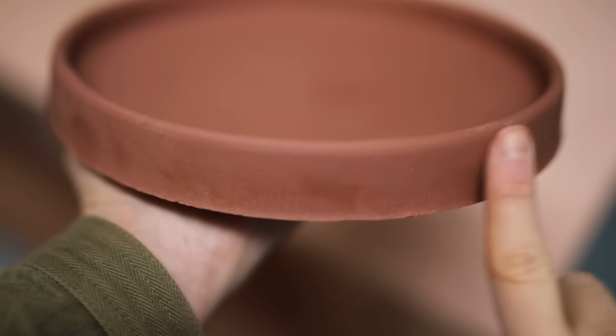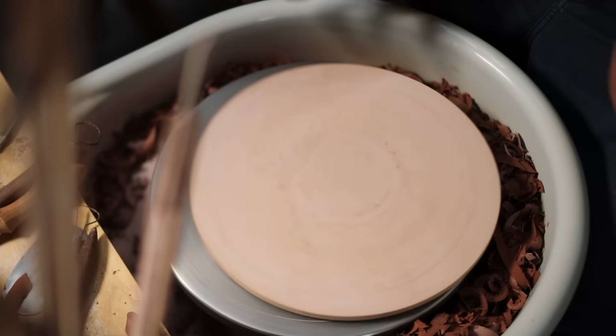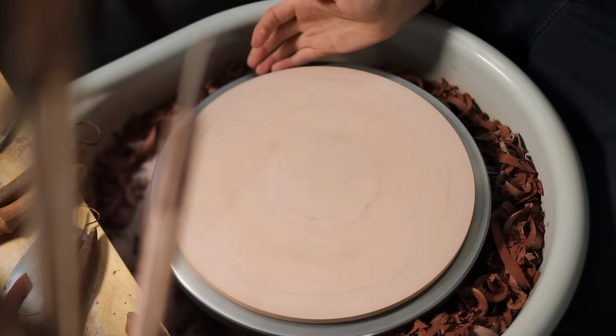But you can see how scruffy this is, especially the underside. So of course I am going to have to give each one a good trim, like I do for all my pots really. Now, I'm going to be trimming these not on the wheel head itself, but on a bat,